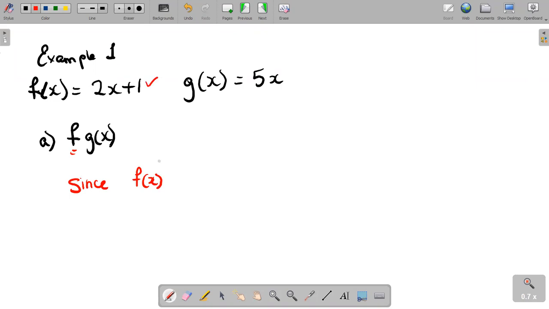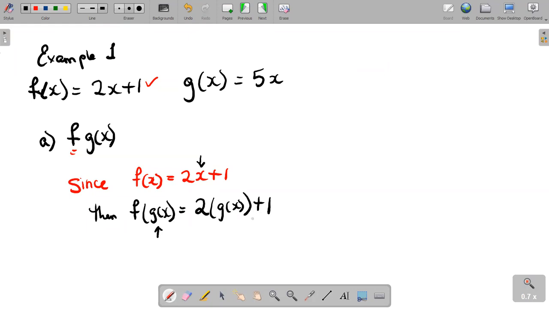F of x means 2x plus 1. So if that's what f of x means, then f of g of x means what? Instead of having x, what am I going to replace x with? I'm going to replace x with g of x. So I'm going to write 2, and then I'm going to write g of x